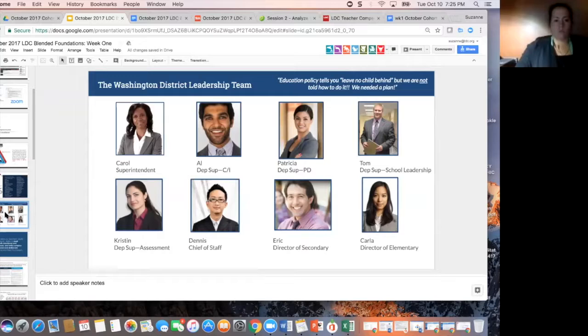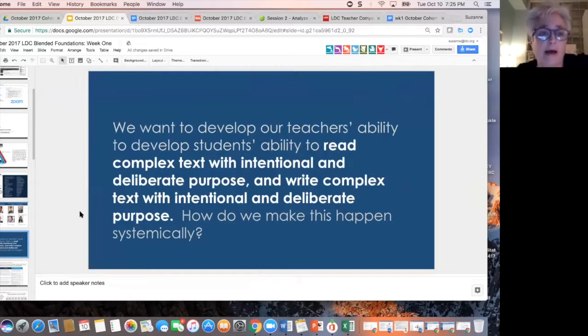So here's a quick example of how people think through why they would do this. Why would they use these tools at all? So this is the school district team. The school district team thinks about how we develop those teacher skills and those student skills to interact with text with intentional and deliberate purpose, and then to write with the same intentional, deliberate purpose. And how do we make this happen systemically, not just in one classroom, but across all of the classrooms where